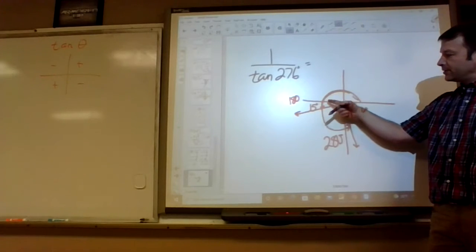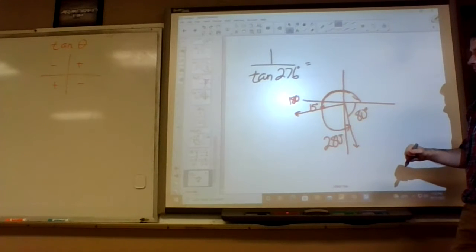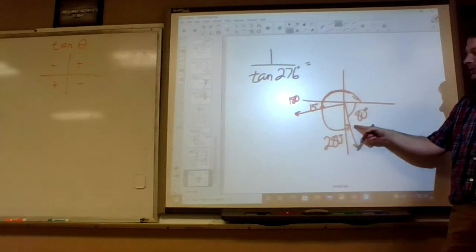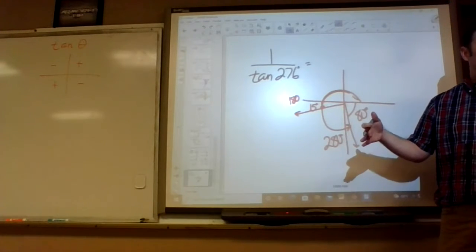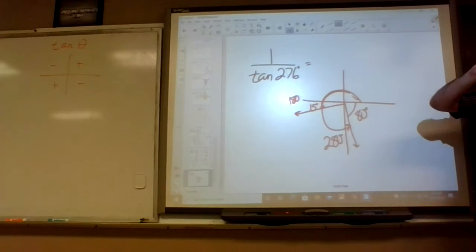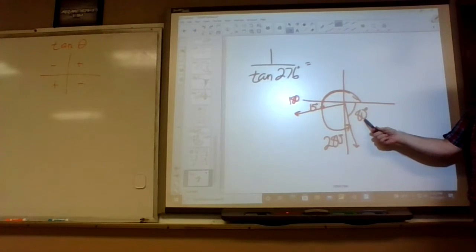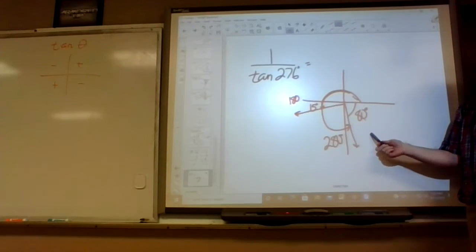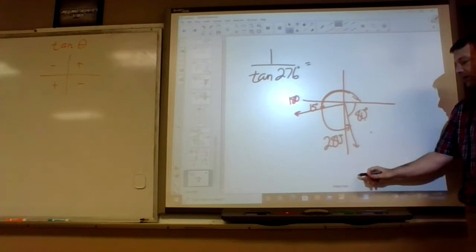If it's in the second or third quadrant, how far is it from 180? How'd you get the secant to do that? We did the exact same thing as we would on any other sine, cosine thing. Secant, because it's the reciprocal of sine, is going to be positive the same place sine is positive. Doesn't matter if you flip it upside down. Sorry, we're doing cosine. Since cosine is positive in the fourth quadrant, secant is positive in the fourth quadrant. So the answer is positive